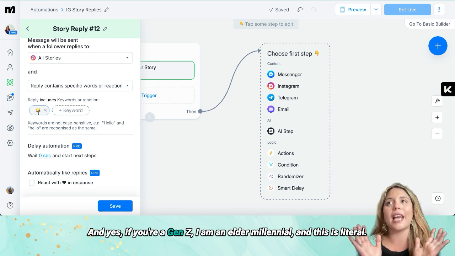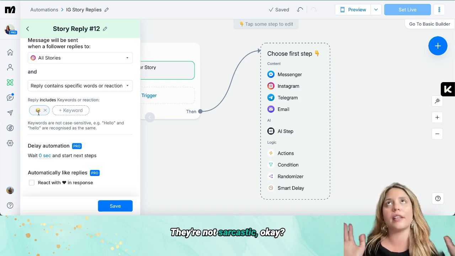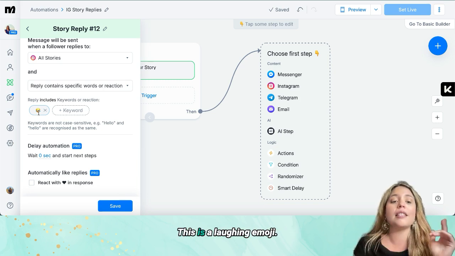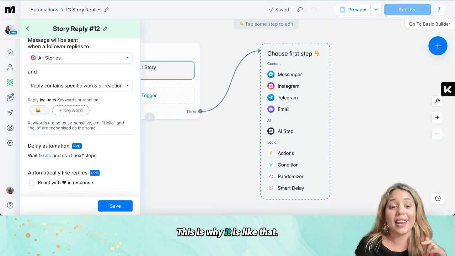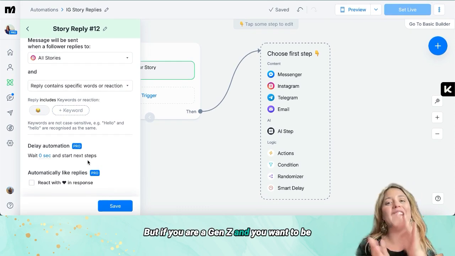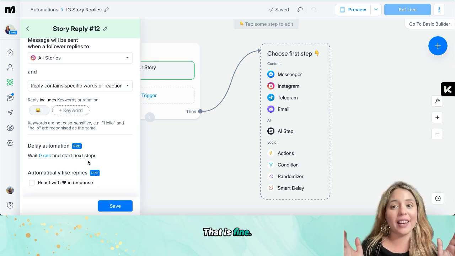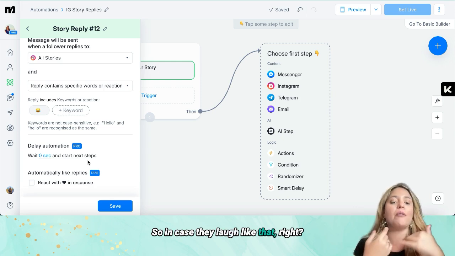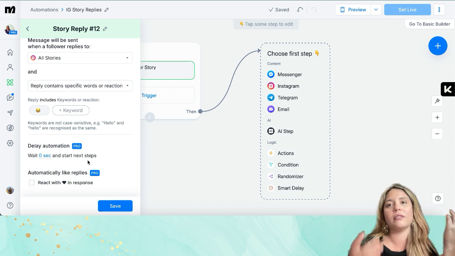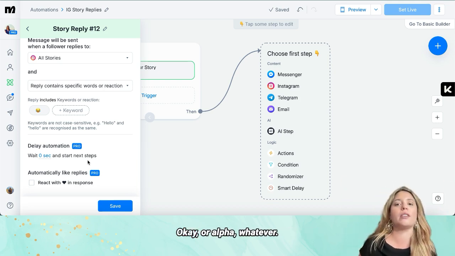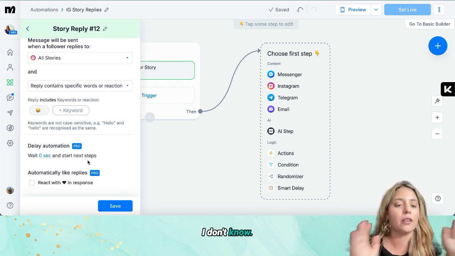And yes, if you're a Gen Z, I am an elder millennial, and this is literal. Emojis are literal for us. They're not sarcastic, okay? So they're literally laughing out loud. This is a laughing emoji. This is why it is like that. But if you're a Gen Z and you want to be sarcastic with your replies, that's fine. So in case they laugh like that, right? I don't really know. Somebody educate me in the comments. What the heck does this mean in Gen Z world, okay? Or alpha, whatever. I don't know. Anyways,